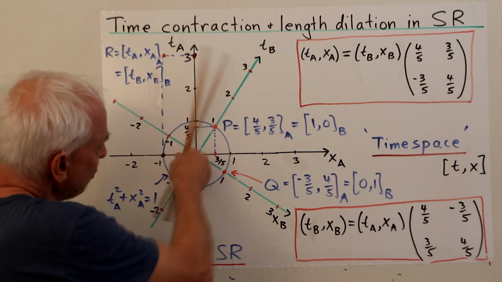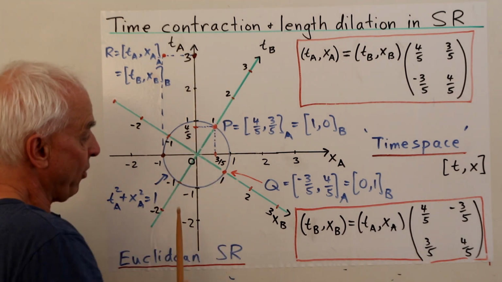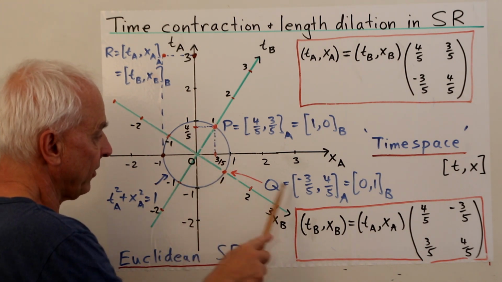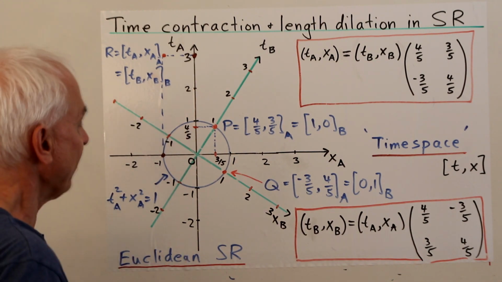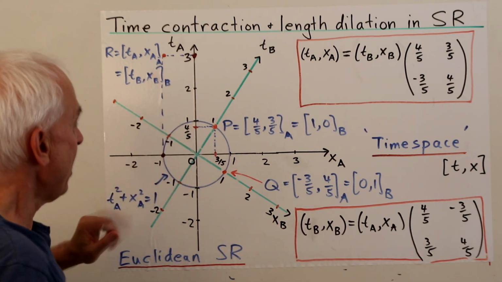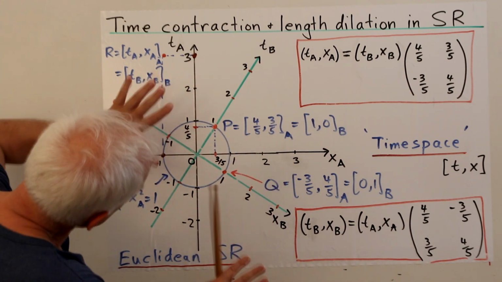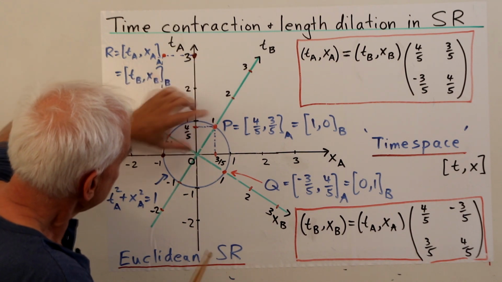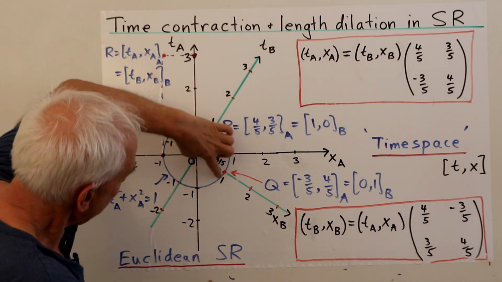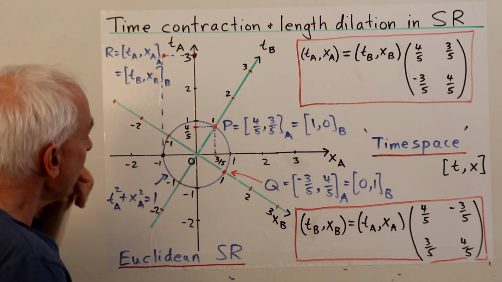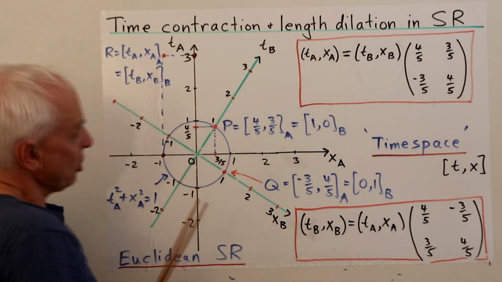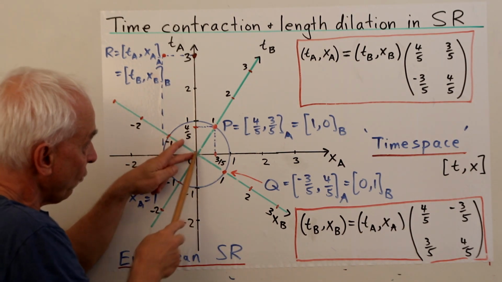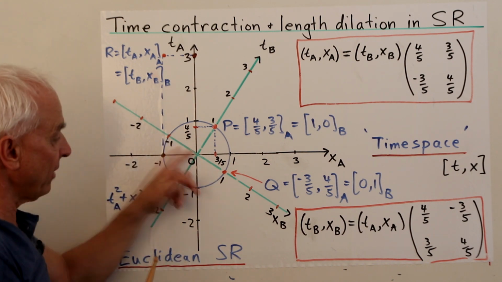Okay, if we rotate like this, it's not too hard to see that this other point here will have coordinates -3/5, 4/5. So that's its coordinate representation in the A frame. But now we want to think about coordinatizing everything in this green B frame. So here are the coordinates 1, 2, 3. So same lengths as these ones. And here 1, 2, 3 in this direction, etc. Okay. So now in this green coordinate system, this point P, its coordinates are actually 1, 0, because it's 1 in the time direction and 0 in this direction here.